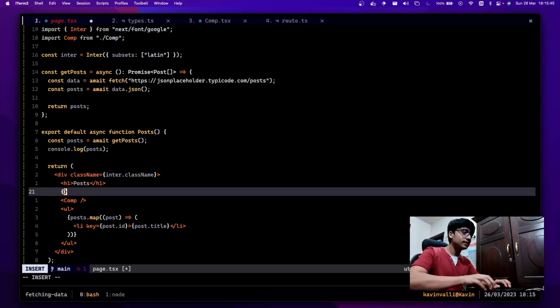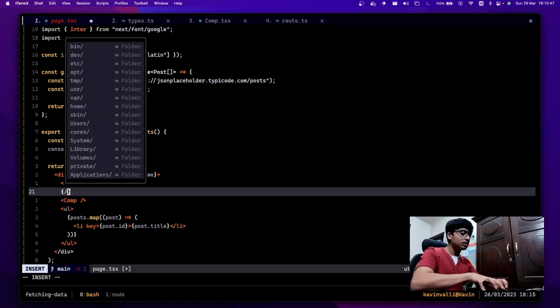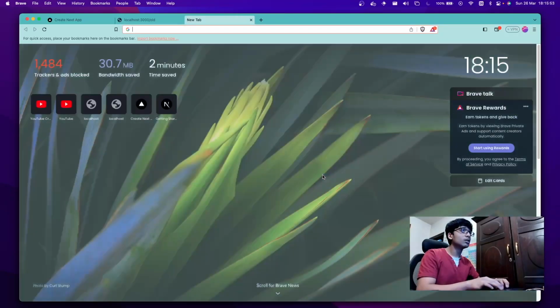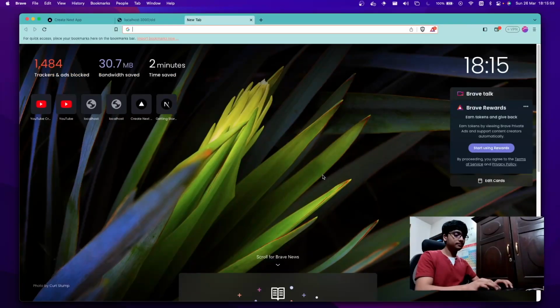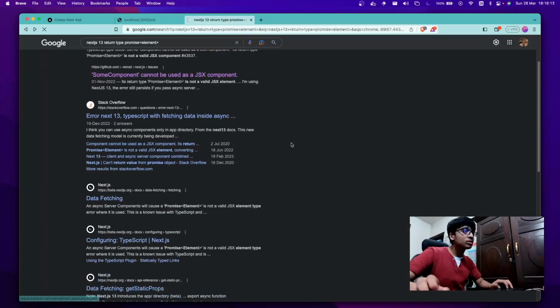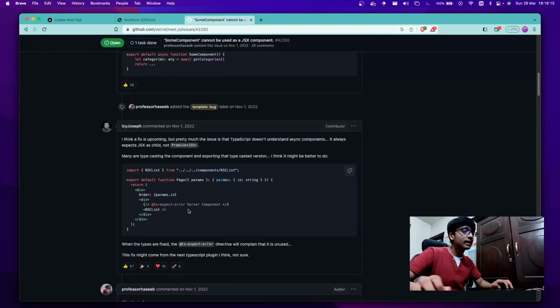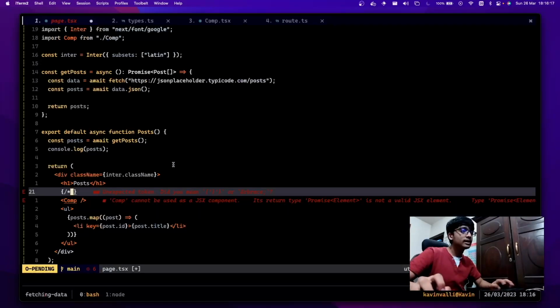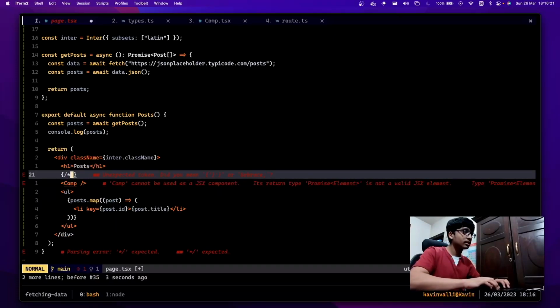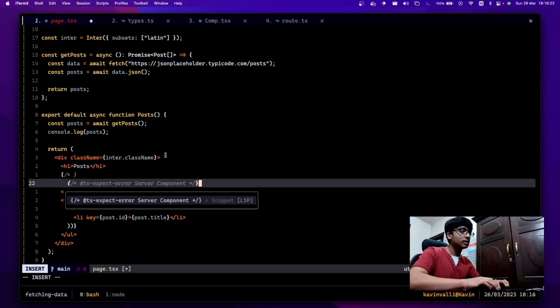So it's not fixed yet, but you can just add this TSX comment. I forgot what it is called. Next is 13, return type, promise element, some component, yeah. And copy this line over here. It just expects it to error and says, do not give me an error on that. Copy, paste,